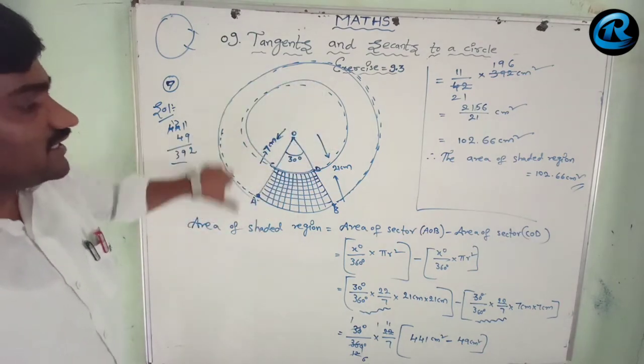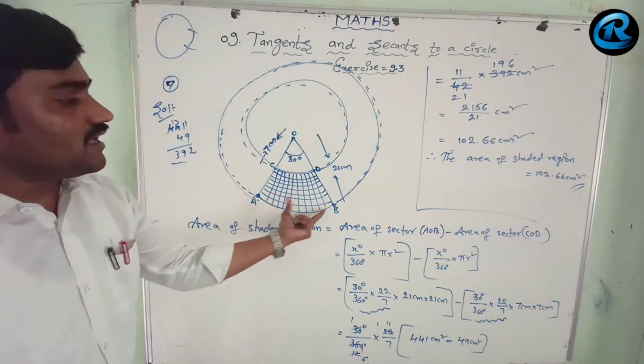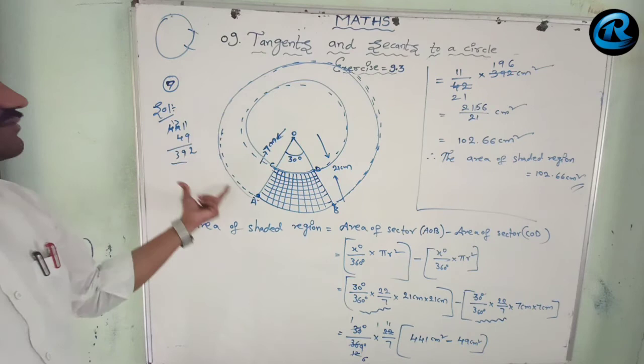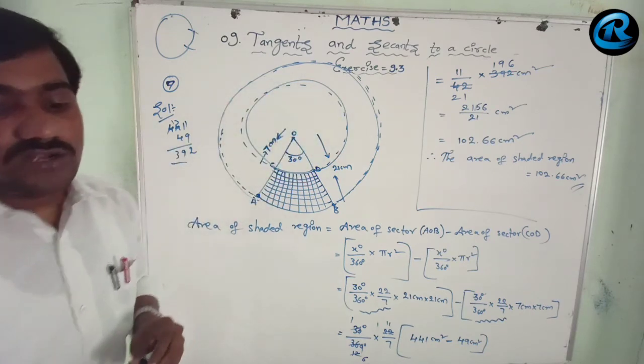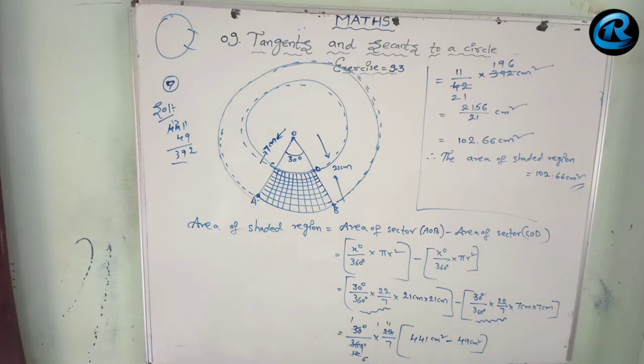See, these two are called concentric circles. These are given arcs, so let us complete the arcs, then the circles come. Then these two circles having a common center point are known as concentric circles. Very simple and easy problem.